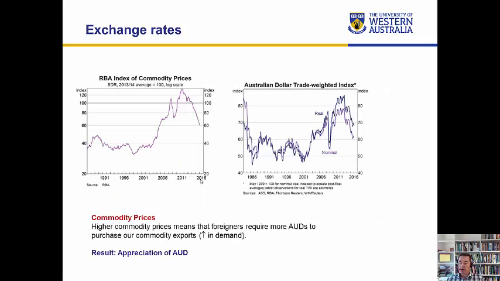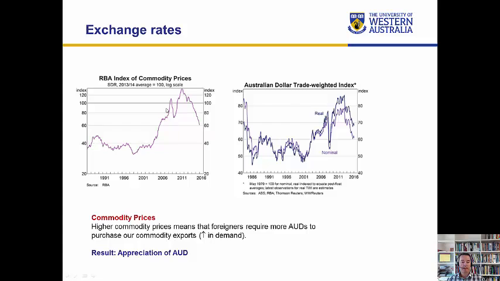The next major cause, commodity prices. Obviously Australia is a large commodity producer and exporter, and so the commodity price index really does drive the value of the Australian dollar to a large extent. So what we've got here on the left is an index of commodity prices, and you can see from around about 2003 right through to just before the global financial crisis, around 2007, this huge increase in the commodity price index. It went from just below 40 in around about 2003 up to about 115. So that's quite a substantial increase in commodity prices, and you can see that the Australian dollar followed it over